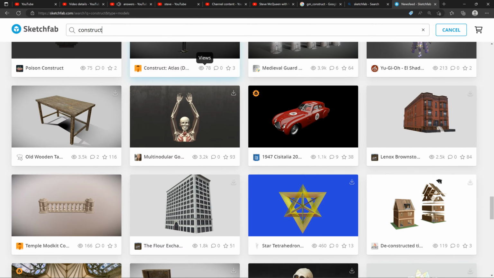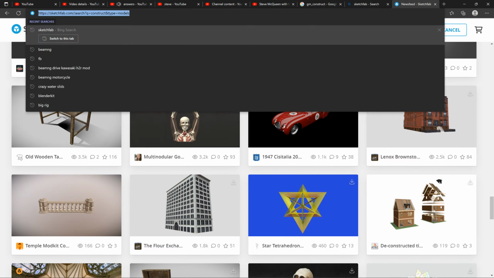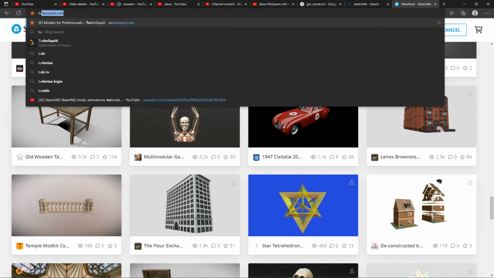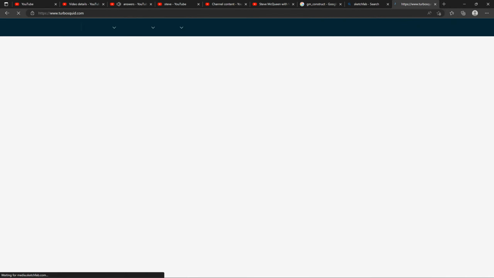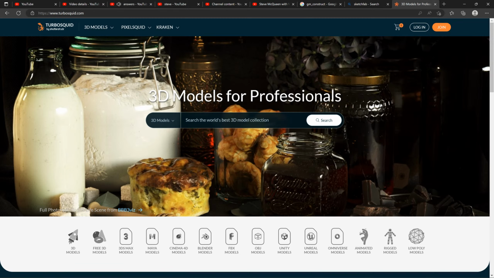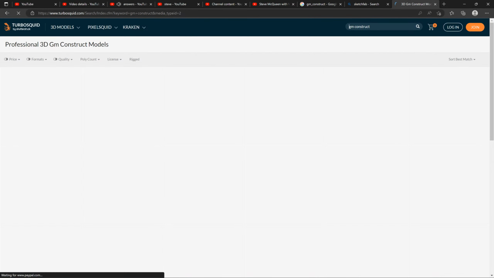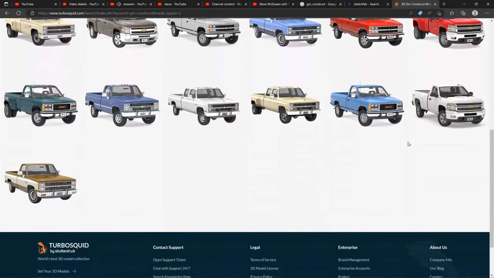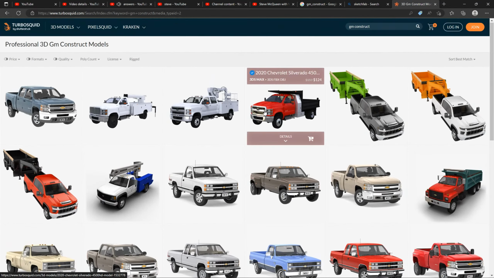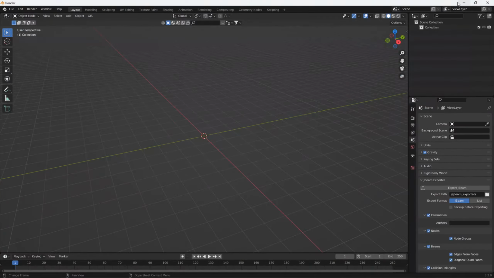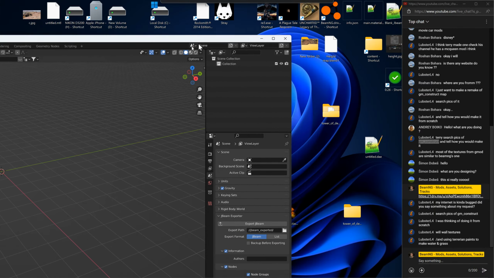This is one place you can get free models. Another one's Turbo Squid. Havoc NG knows a few places too. He's mentioned them in his videos. There's a lot of places that give away free models. That's just gonna pull up GM trucks. So yeah, I don't actually own Garry's Mod, but